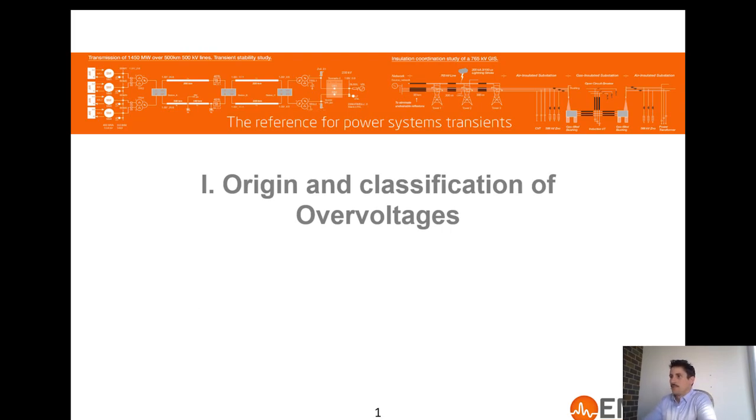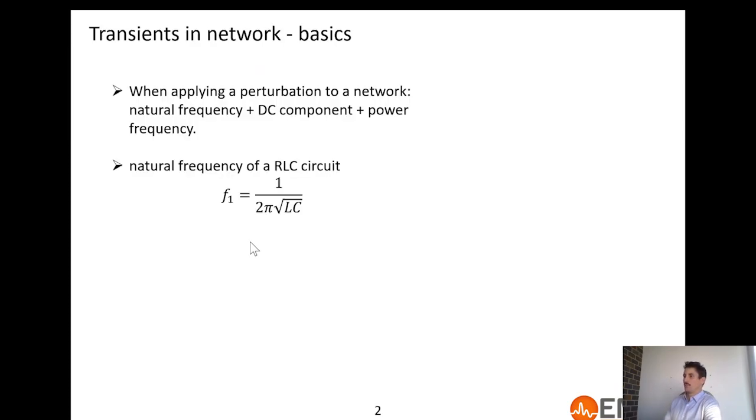Hi, in this video we are going to discuss the origin and classification of overvoltages. So just some basics before we go more in depth in the different types of overvoltages. Basically, what you have to understand when you simulate a power system, and especially for transients, is that almost everything